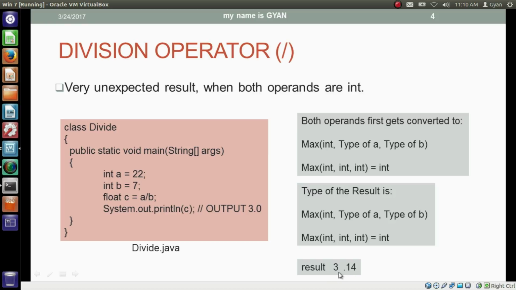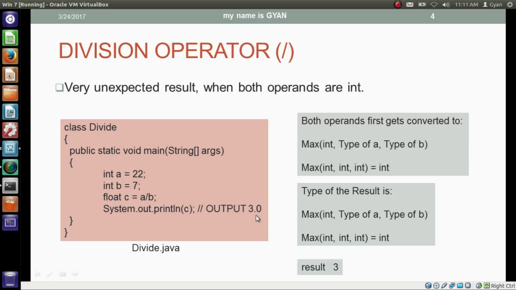But that has to be converted into an integer, because both the operands of 22 by 7 are integers. So truncate everything after the decimal point, and it results in 3. That's why the output of this operation is 3 in integer, since both the operands of this operator were integers. But now we have to store that integer 3 in the float variable c. So integer 3 will get stored in the float variable c, and then we are printing the float variable c,